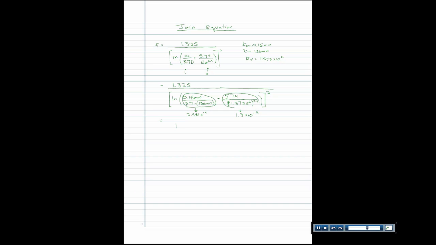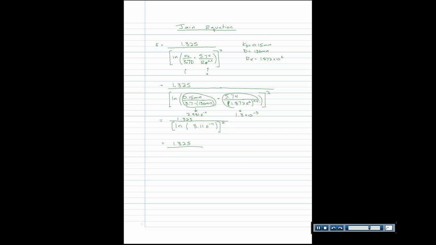So we are taking the logarithm of 2.981 times 10 to the minus 4, plus 3.11 times 10 to the minus 4, and then we're going to square that, and then 1.325. Okay, so